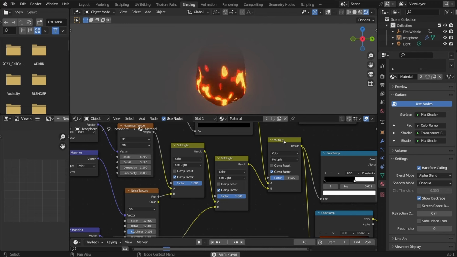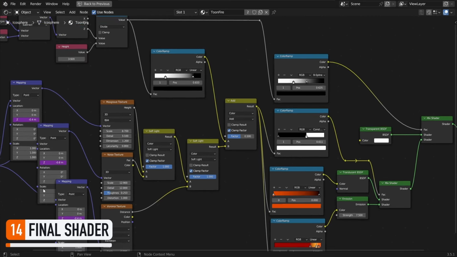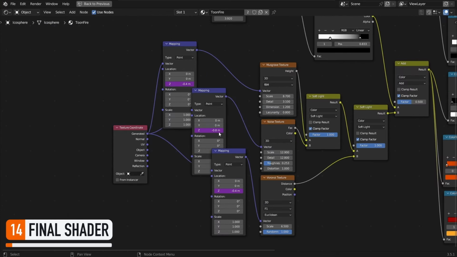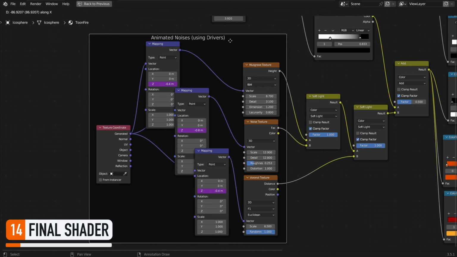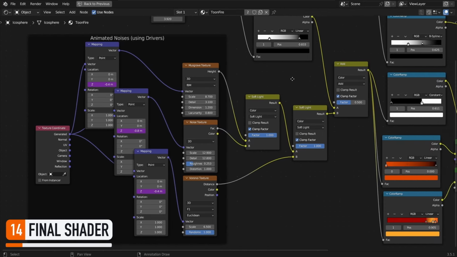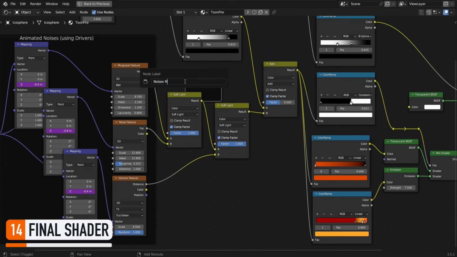So to wrap up the tutorial and reflect back on what we just did, let's quickly go through our graph and group those nodes into organized frames. First, we started with the core idea behind this whole fire effect, which is to use Blender's texture nodes to create black and white procedural noises and move them along the vertical axis to simulate movement using drivers. Then we blended those textures together using mix nodes with soft light operations to get a single final grayscale animated